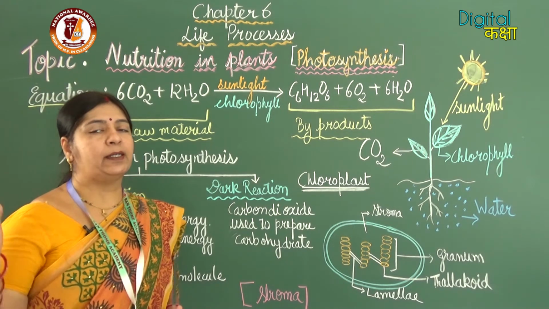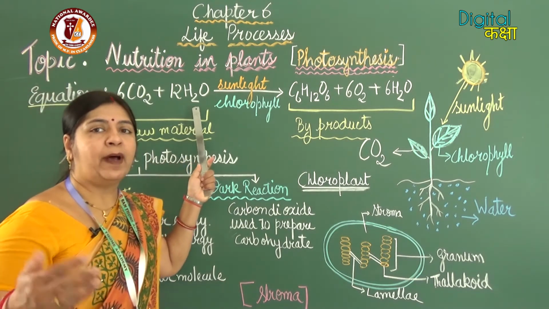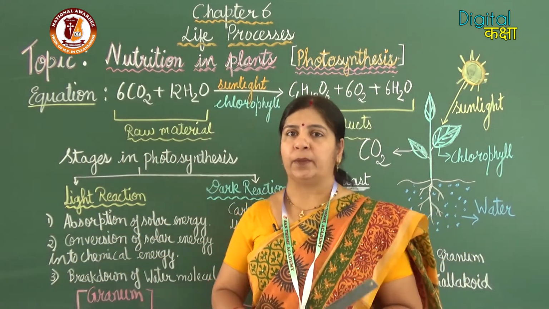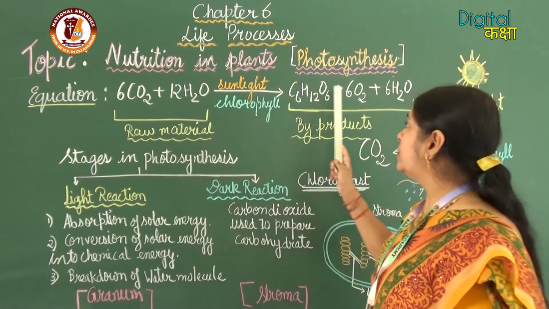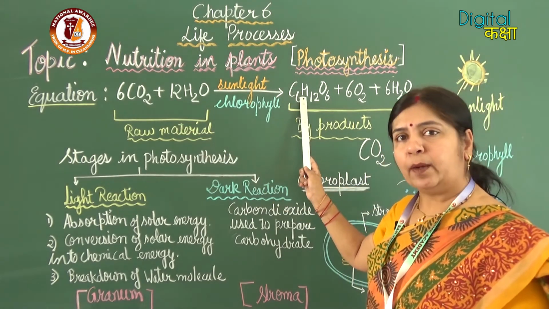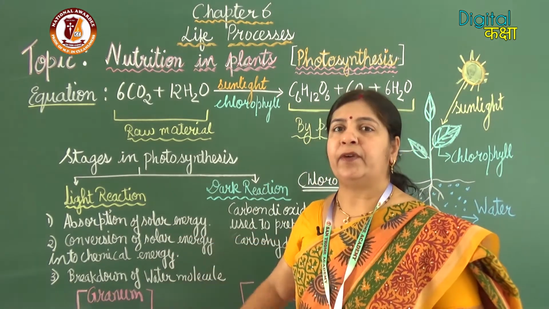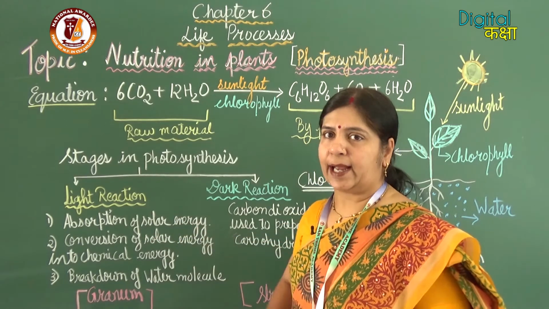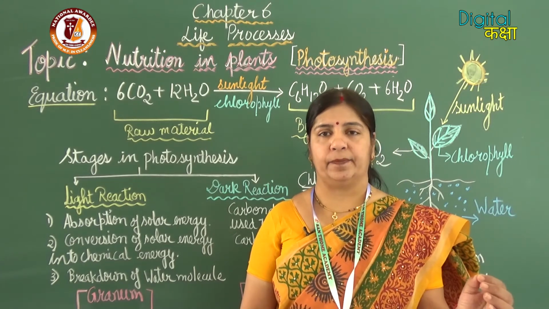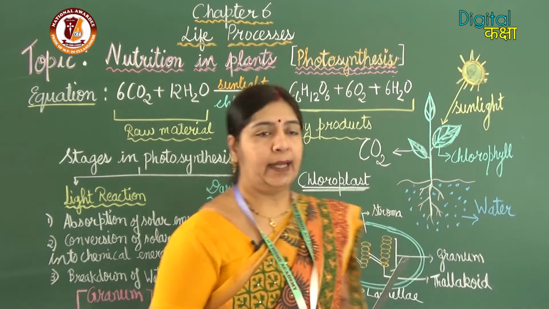So there are two raw materials, water and carbon dioxide. Both raw materials are not used together. One by one the raw materials are used and one by one the products are formed. First water will be used and oxygen gas will be released, and then carbon dioxide will be used and carbohydrate will be produced. As you can see, three steps I have written together under the heading light reaction, because for all these three steps sunlight is needed. These three steps will not occur in the absence of sunlight, and